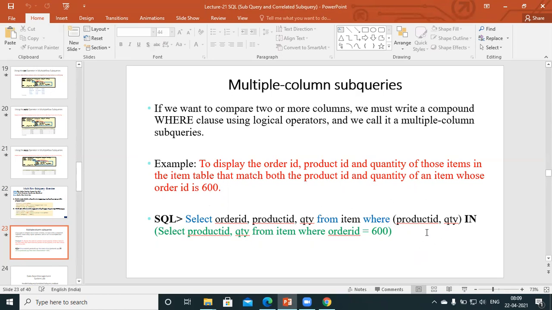Here we have applied a condition on multiple attributes, product ID and quantity. If the combination of product ID and quantity is available in the result of the subquery, then that row from the table will be fetched. In this example, we are fetching product ID and quantity from the subquery according to order ID 600. The row fetched in the subquery is compared with the product ID and quantity provided in the outer query, and then the result is fetched. This type of example is called a multi-column subquery.